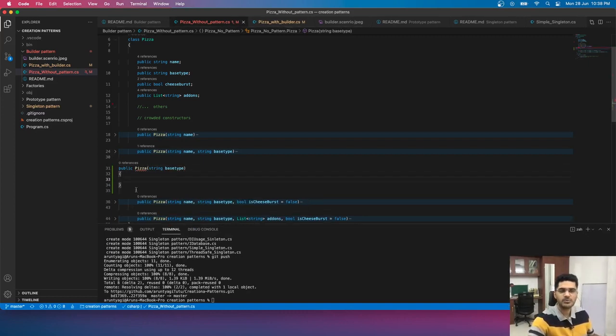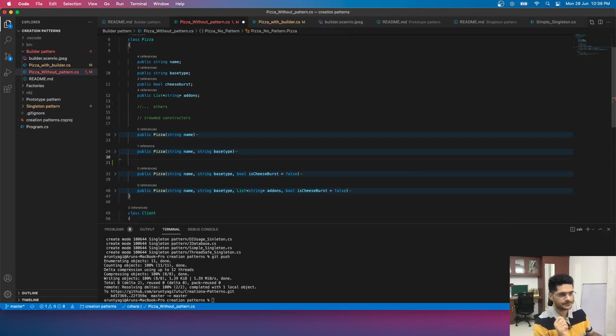Though I want to provide this option where you pass the second type but not the first one, I cannot do it because you already have a constructor with a declaration that has an input type of string and one input type. So this is not allowed. Things like this are a limitation of constructors.